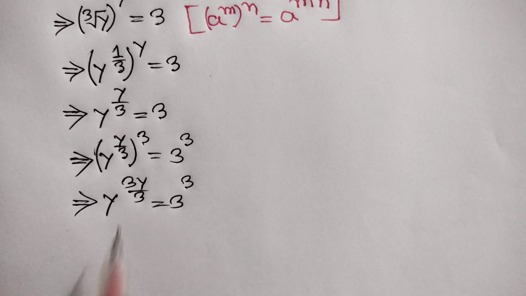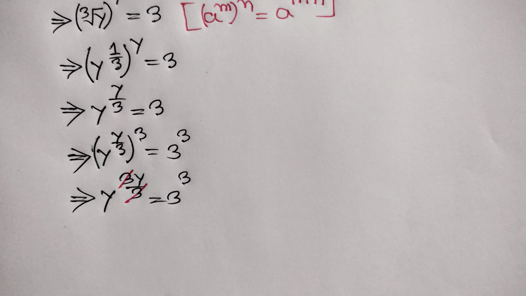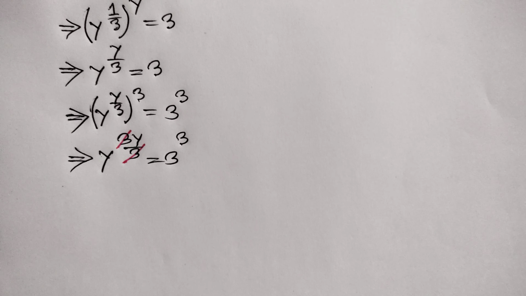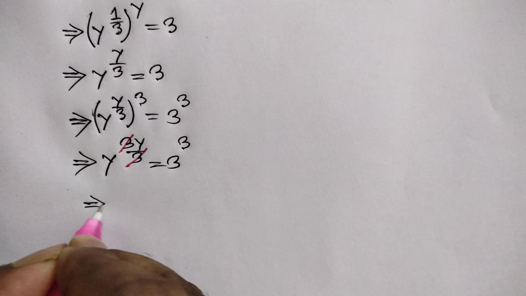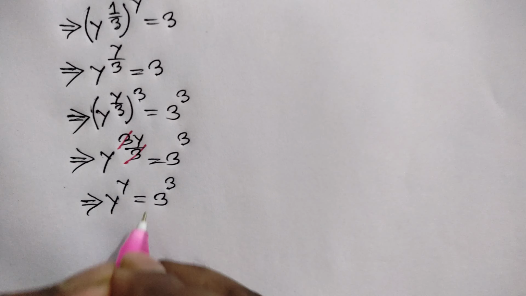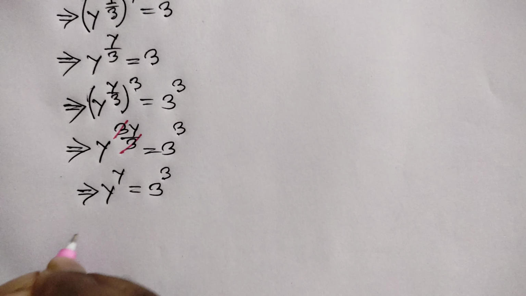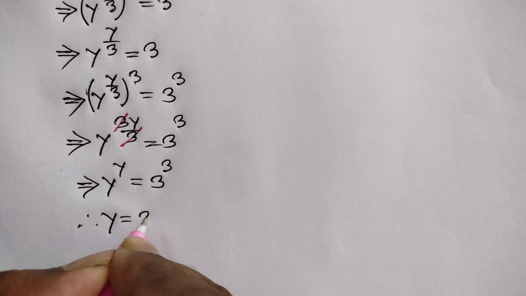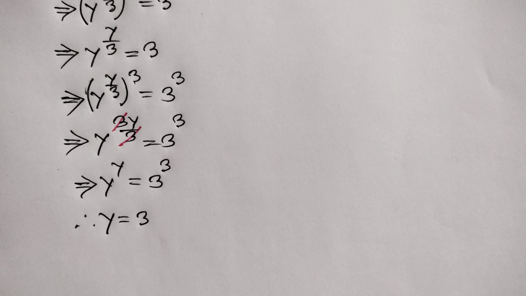Now here this 3 cancels out this 3, so we will get y to the power y is equal to 3 to the power 3. Now comparing, here we can write y is equal to 3, but remember, let